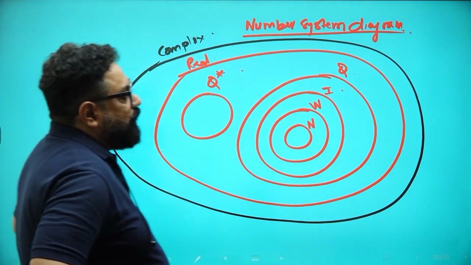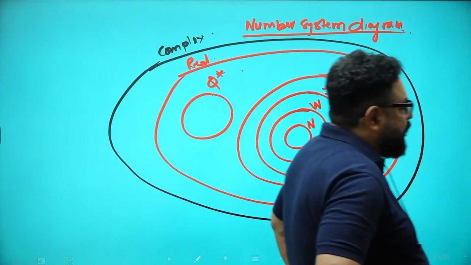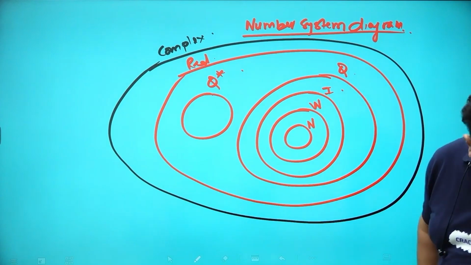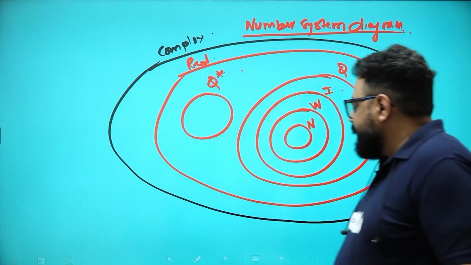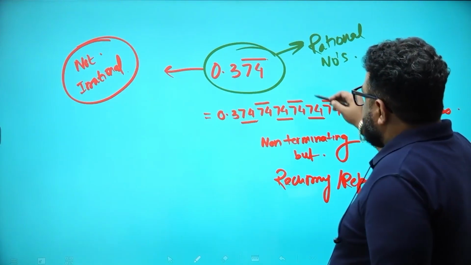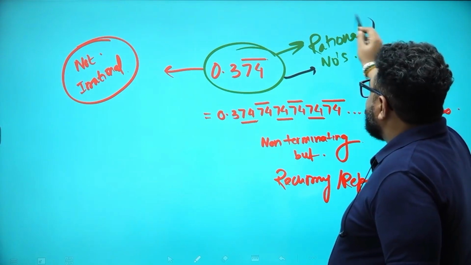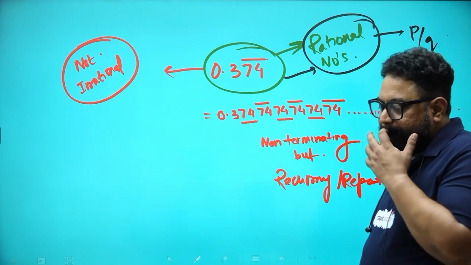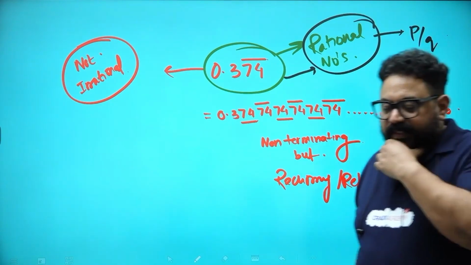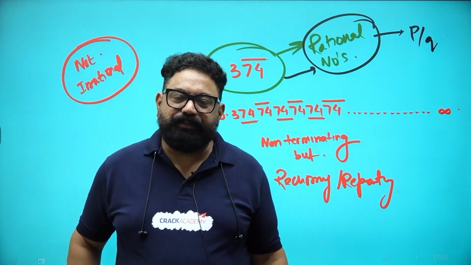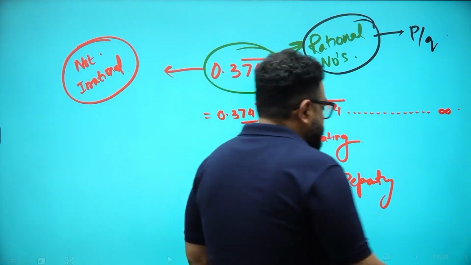But again, one question that would be in your mind right now would actually be, sir, what about numbers with bars? Am I right? Numbers with bars. I said, see this, I am going back. I said this is a rational number. If this is a rational number, it has to be put in terms of P upon Q. Every rational number can be put in terms of P upon Q. So how do you do that?